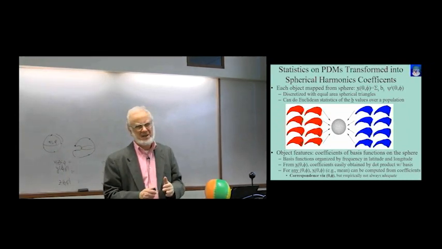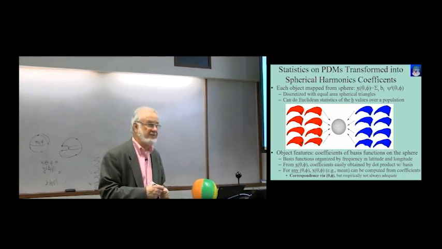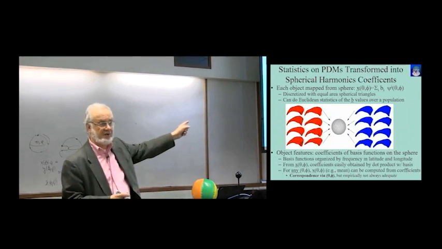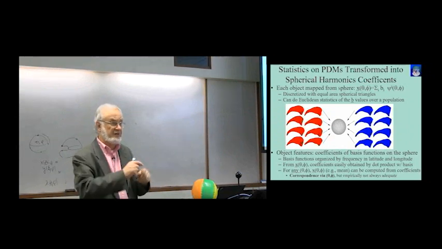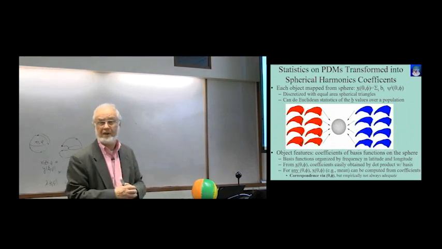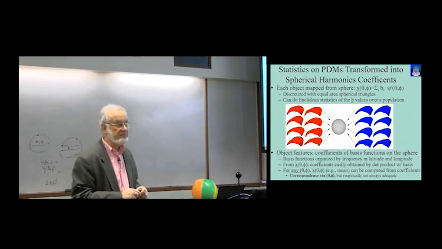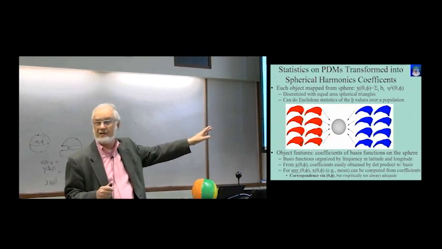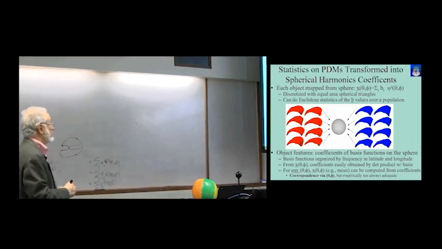That turns out to be not as good as an alternative which says keep the areas the same. So all these little spherical triangles on the sphere have the same area, and what I want to do is map them onto the object so that the associated little triangles in our mesh are also going to have the same area. But you will see literature of people who did it with the conformal mapping, which gives you the angle staying the same. You can't do both. Okay, so